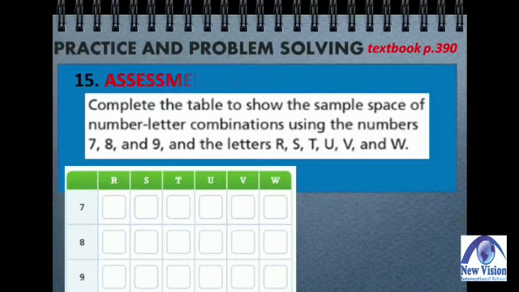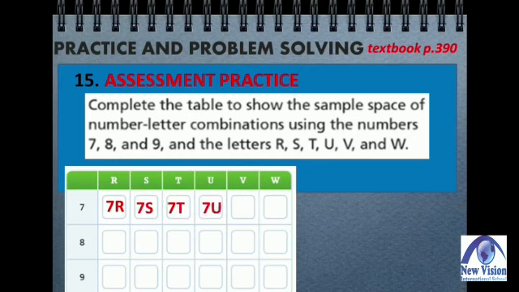Number 15. Assessment practice. Complete the table to show the sample space of number letter combinations using the numbers 7, 8, and 9, and the letters R, S, T, U, V, and W. So the possible combinations are 7R, 7S, 7T,